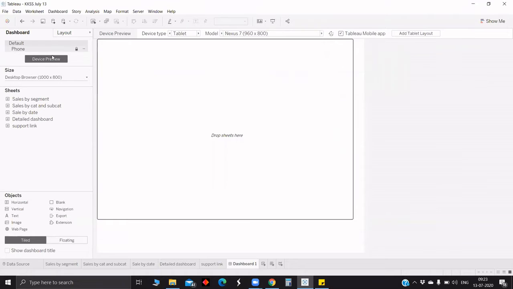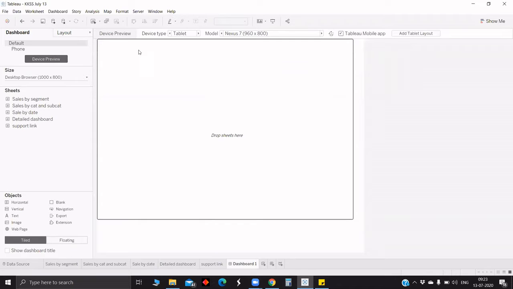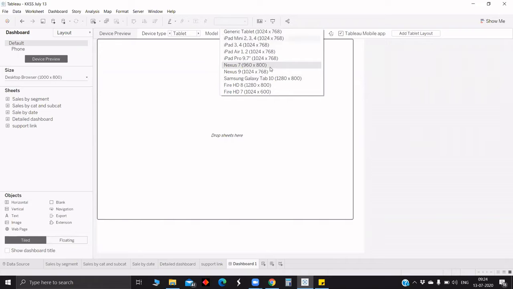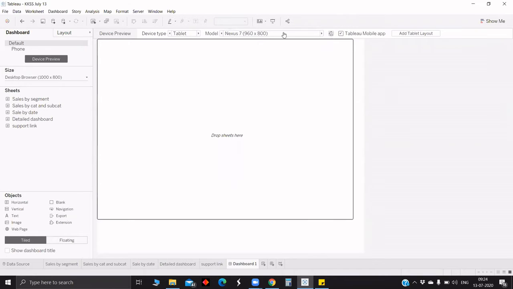Then once you click this device preview, Jairam, just a quick thing. In that device preview, let's take a quick look at what is there for each of the options, for example desktop and so on. So let's see for desktop, what are the options? For desktop, different monitor sizes will be there. Yeah. If you see for the desktop, the size and resolution will be there. Similar for tablet, the types of tablet will also be there. If you would like to change to landscape, hold on a second.